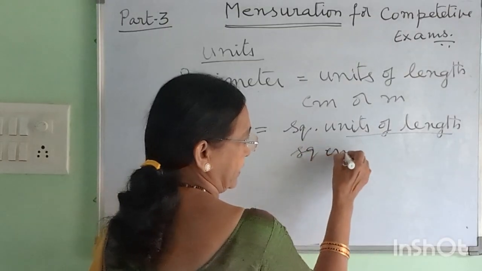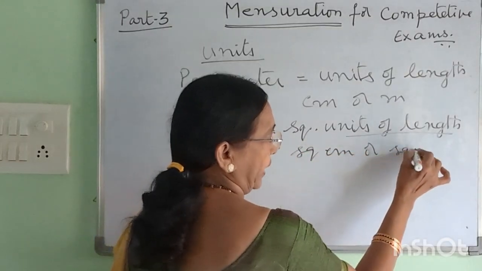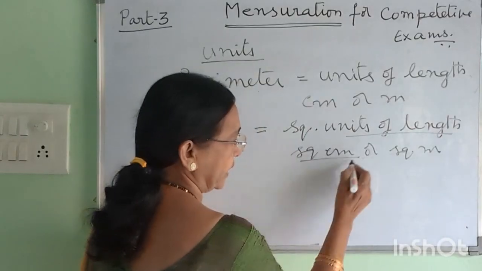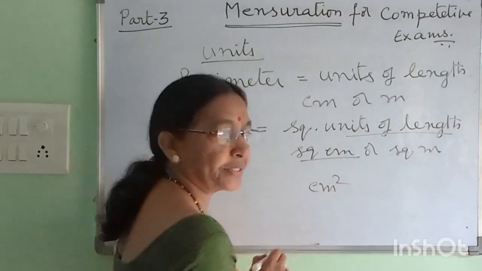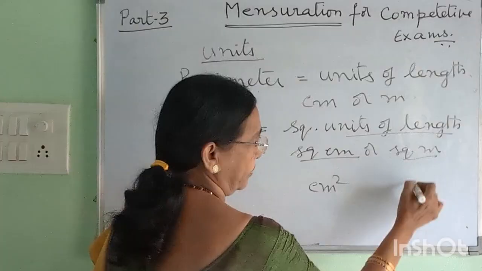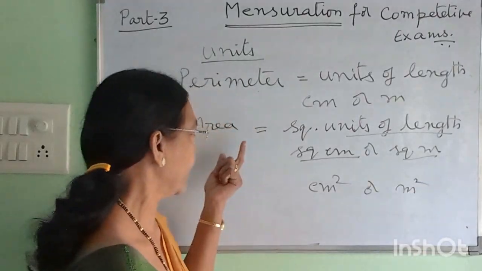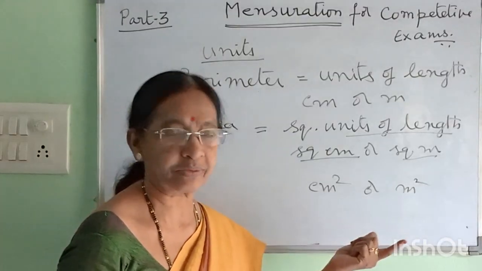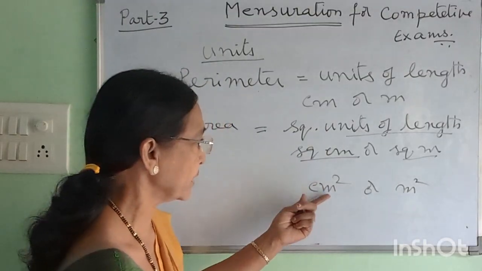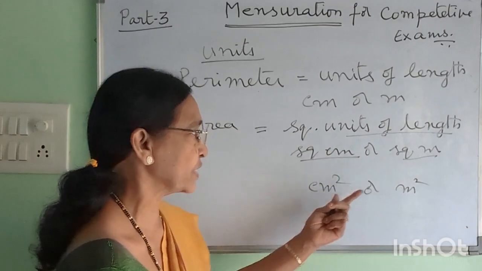Square centimeters or square meter, etc. Square centimeter is also written as centimeter square, or square meter can be written as meter square. Thus, the area of a triangle, rectangle, square are measured in square units, that is centimeter square or meter